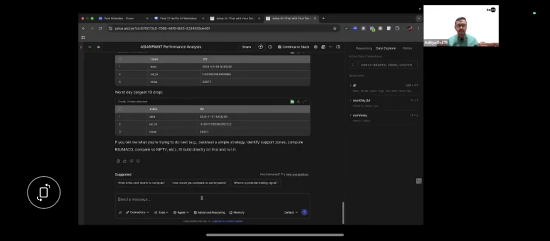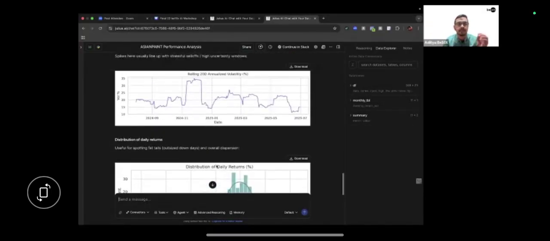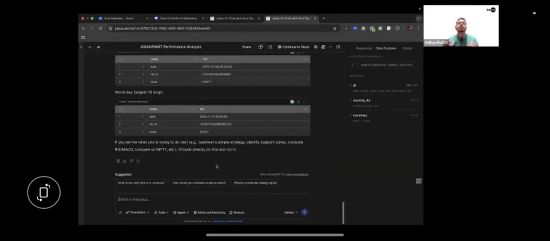How many of you agree with me that once you have done this sort of an analysis, when you are presenting this analysis in front of everyone in your office in a meeting, you would be expected to show it in the form of a PowerPoint file? Agree with me? Yes. So will I go ahead to PowerPoint and actually try and make a PowerPoint file? I won't do that.